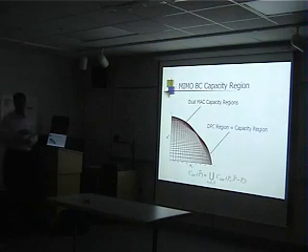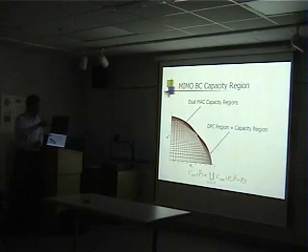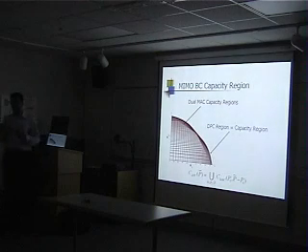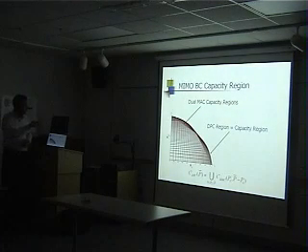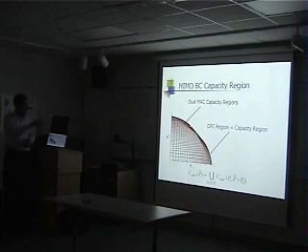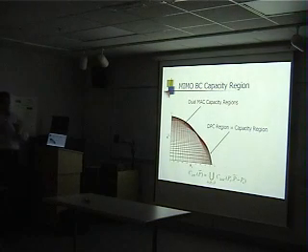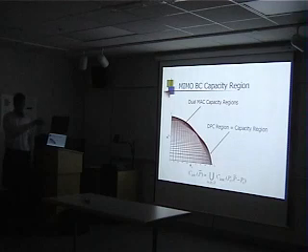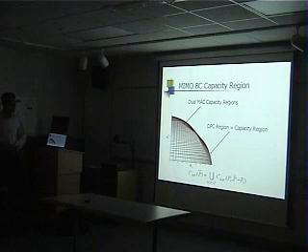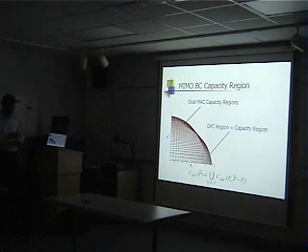So I can't just do this naive DPC, for instance, to get this point. I can't encode in just one direction. I need to operate at this rate point where I help out user 2 for some fraction, and then I operate at this rate point, and then I can timeshare to go anywhere along this line. And if you did something like SDMA,